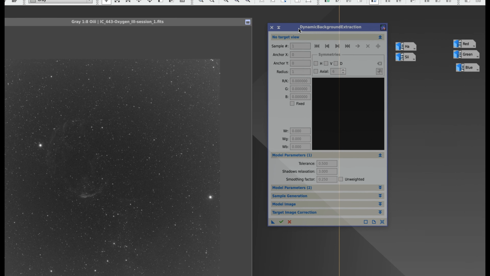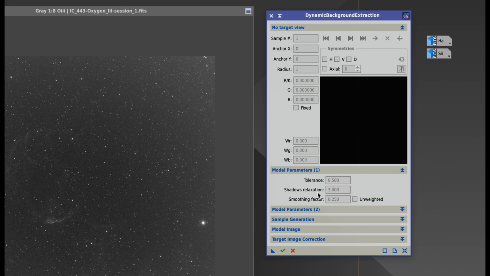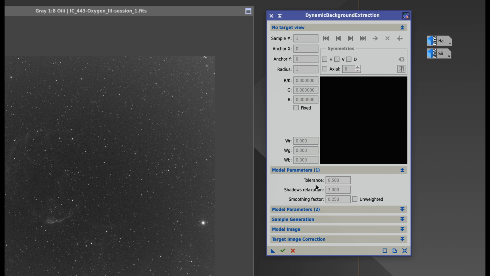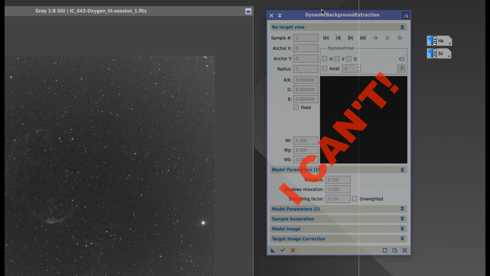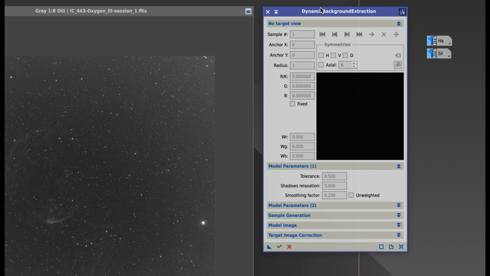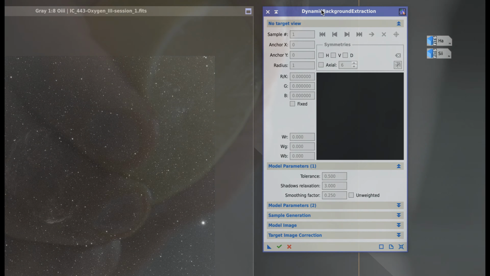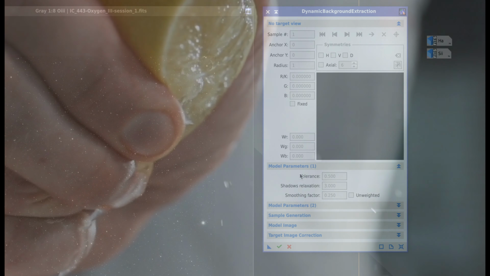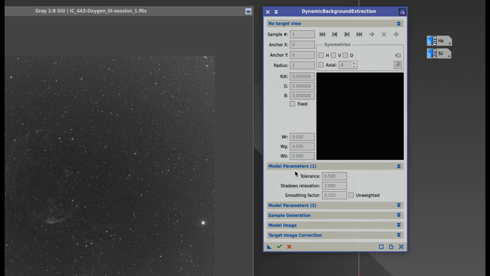I saw this interface, and I was just like, oh man, my head's going to explode. I just can't do this. But I eventually came around. I was like, you know what? The juice was worth the squeeze. It really was. It took me a while to learn PixInsight and all of its ins and outs, but